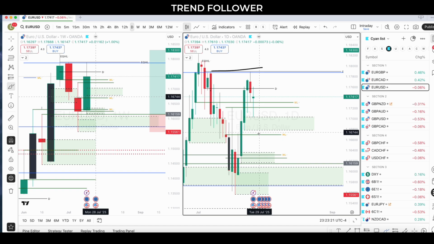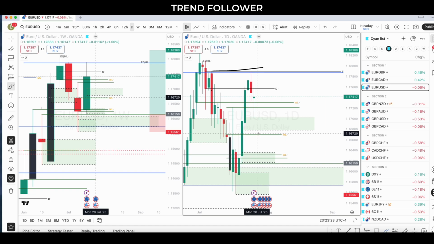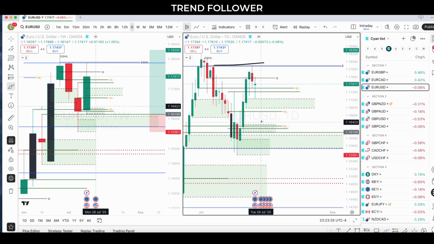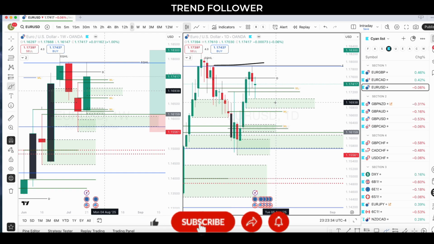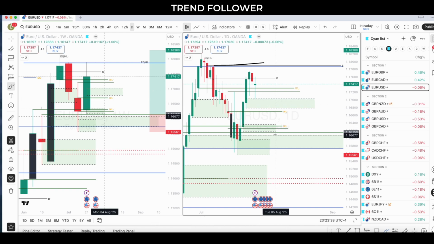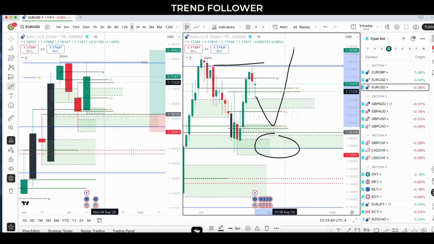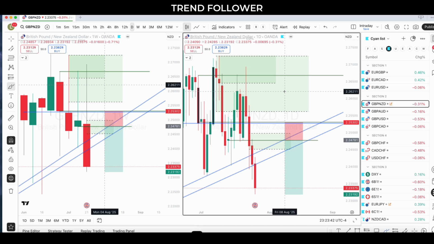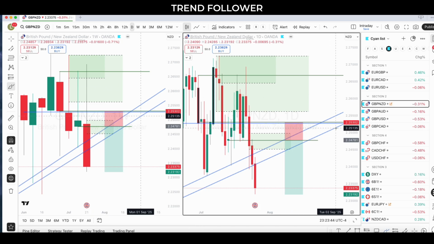Okay, Euro USD we already went on it. I think with Euro futures chart, the idea which I have on that is I want to make sure that GBP USD takes the liquidity or USD CAD takes the liquidity before thinking about this one, right? But if it comes here, then I will blindly trade this name. Okay, so the next name is GBPNZD.